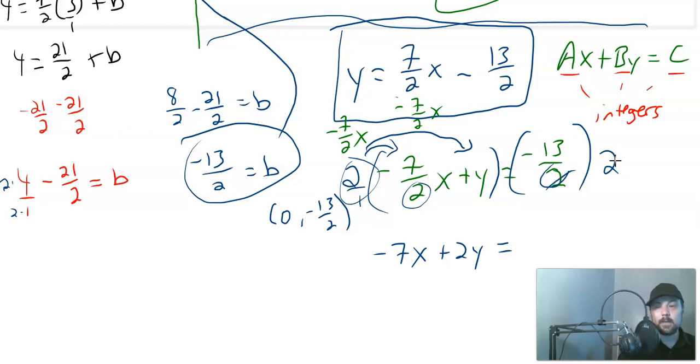On the right-hand side, the 2's cancel. Think of this as 2 over 1. The 2's cancel out. You get negative 13. Right. Now, in my book, this counts as standard form. It has the right structure, ax plus by equals c, and there's no fractions. But the directions were very explicit. They want the coefficient of x to be the smallest whole number possible, which it is, and they want it